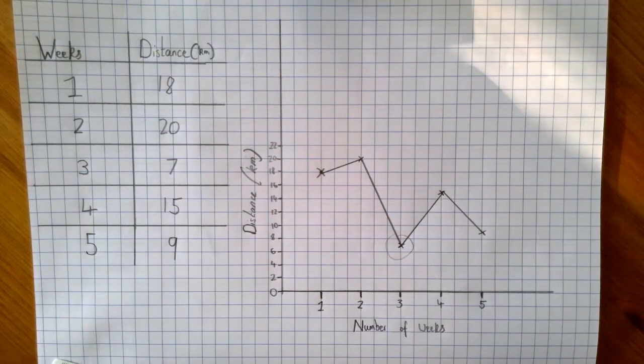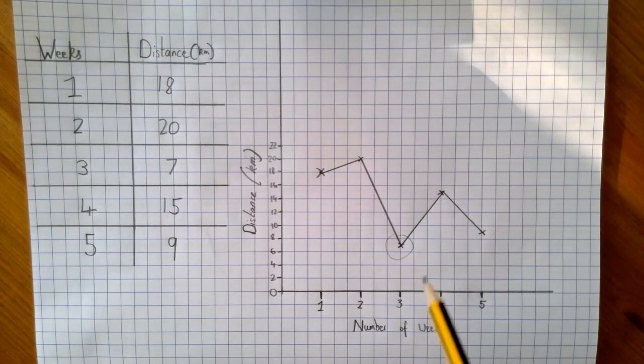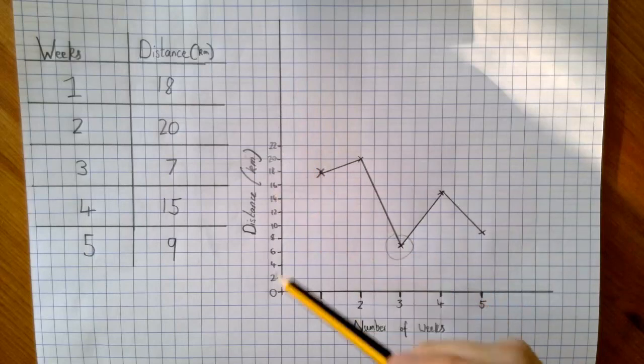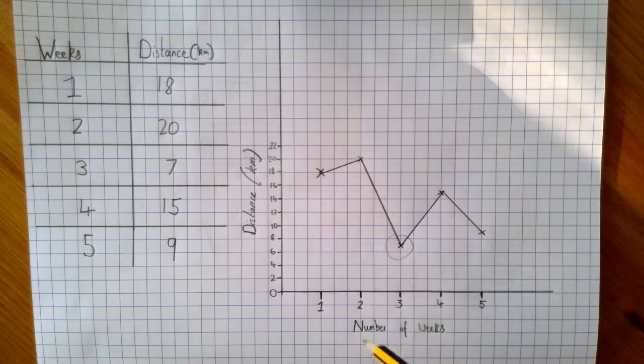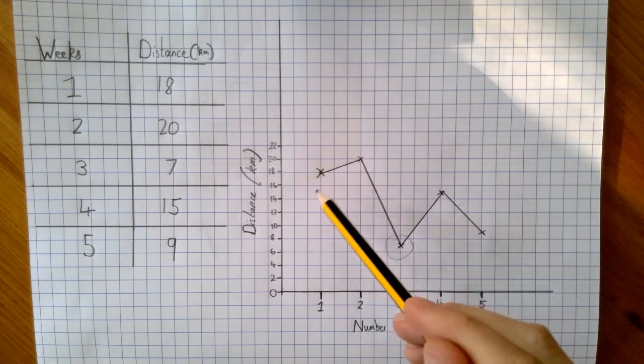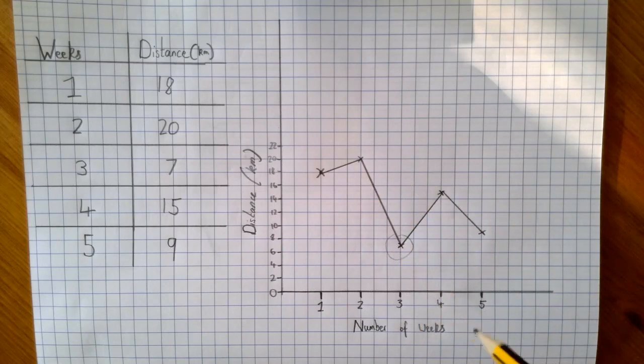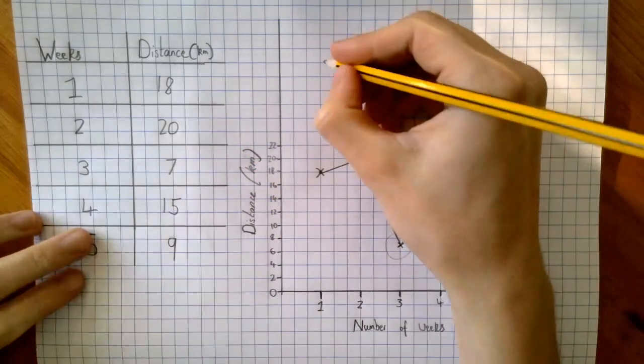So the final thing we need to do, we've got our labels on, we've drawn our axes, we've got an appropriate scale, we've labelled most things, we've put the dots in, we've connected them up, we've done our dot to dot. The last thing we need to do is explain what this graph is showing. And it's distance covered, so a graph to show